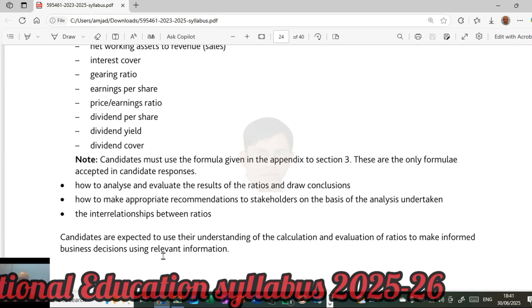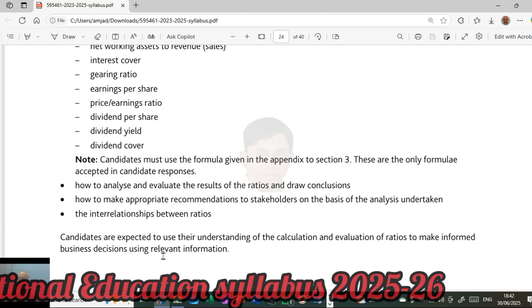These ratios will keep coming up to your MBA level and in graduation as well. This is not just in A levels, but this will again appear in the next levels also, up to even MBA levels, so master's level as well. Bachelor's level, master's level, all these levels it keeps coming. This is very important, so keep learning. It is very easy if you understand how to apply and how to correlate, apply and remember, and all these skills.